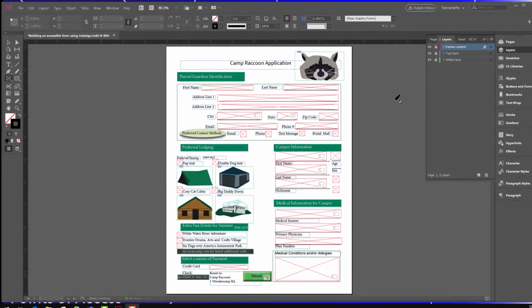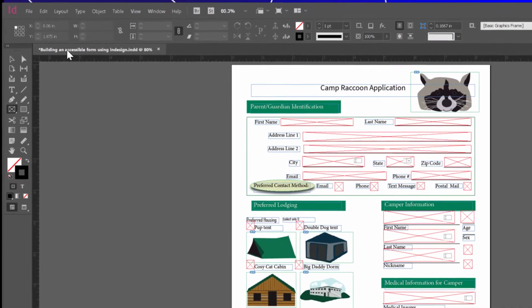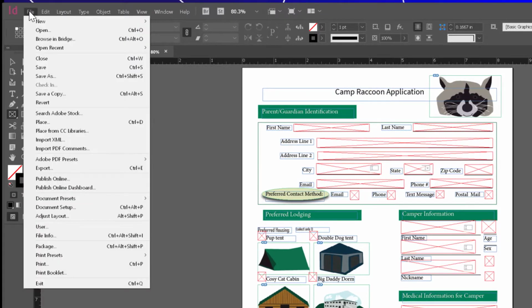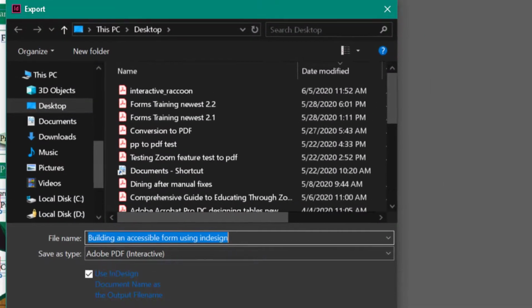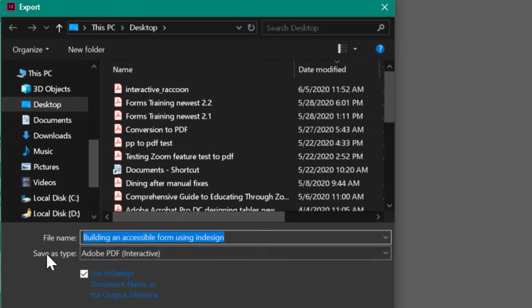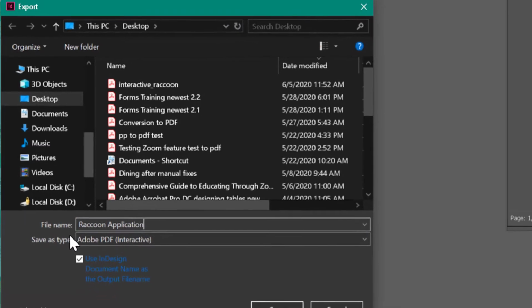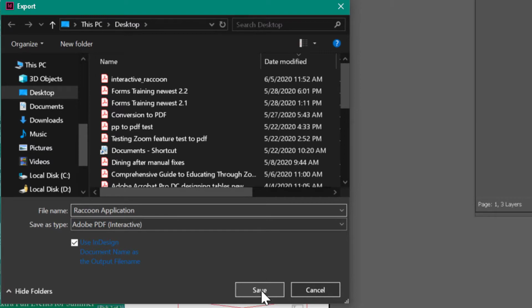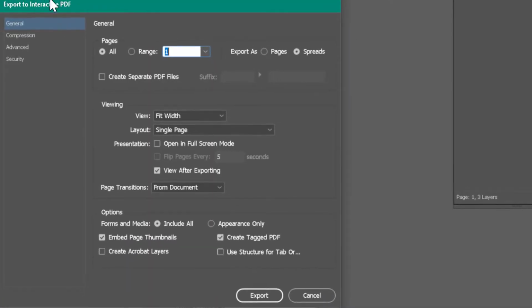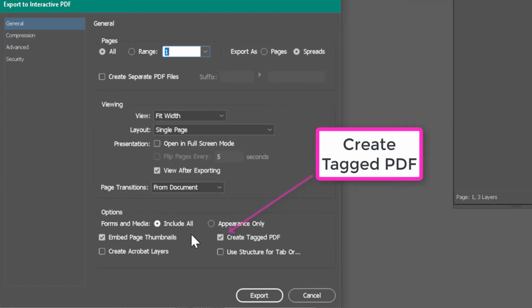Once you have your form all together, you're going to have to export it to PDF. You're going to go to the File menu, and you're going to go down here to Export. You then want to change the type to Adobe PDF Interactive, and you want to title what you're calling your form. Then you click Save. This will bring up the Export to Interactive PDF dialog box, and the thing you need to make sure is ticked is this Create Tagged PDF,